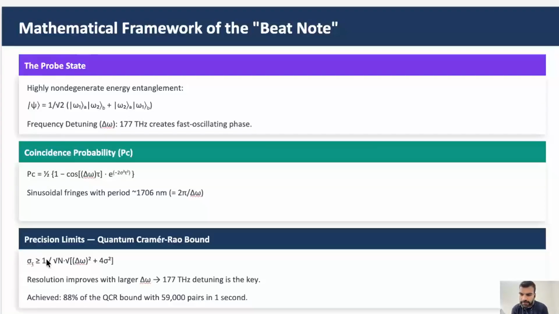Rather than increasing the photon bandwidth or the measurement time, they engineered a large frequency separation with 59,000 detected pairs in 1 second. They achieved a resolution of 1.26 nanometers, which represents 88% of the quantum Cramér-Rao bound, remarkably close to the theoretical maximum. Now we go to the next slide,